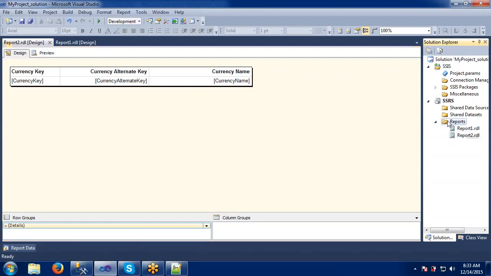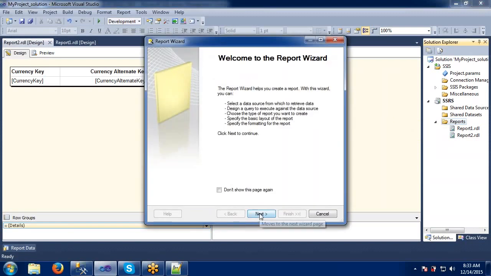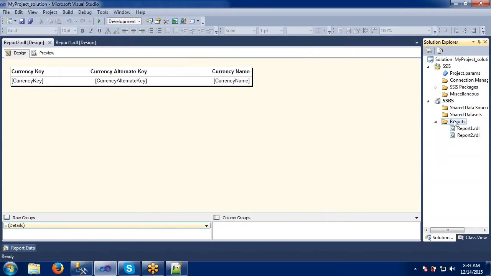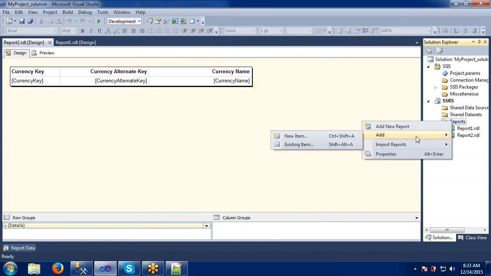Where we can find this is simply if you go to add new report, it will automatically ask all those things, connect to this data source, all these things. When we are creating it as an add new item, it won't show us all these wizard options. We have to give them manually to build any report. Okay. So that's the difference.